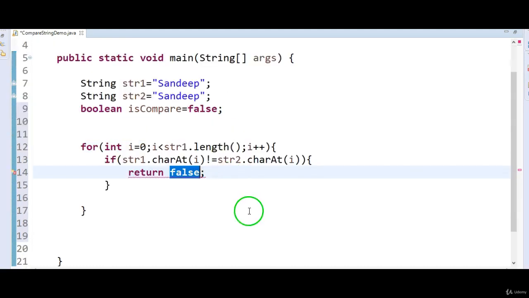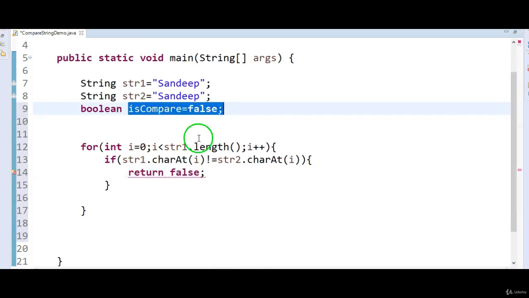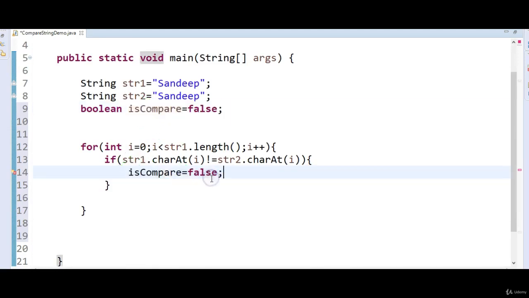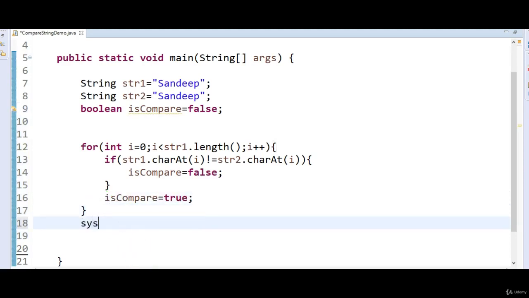So I will set this value of isCompare to false, otherwise I will set the value of isCompare to true. Finally I'll print the value with System.out.println, so I can say both the strings are equal.